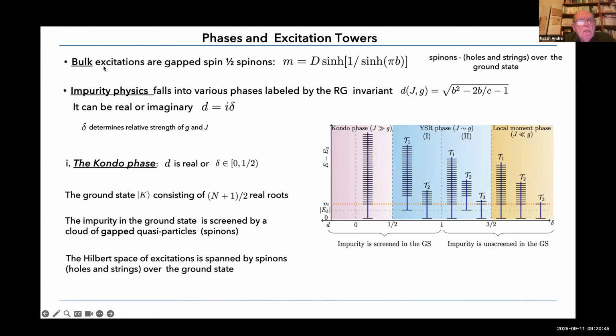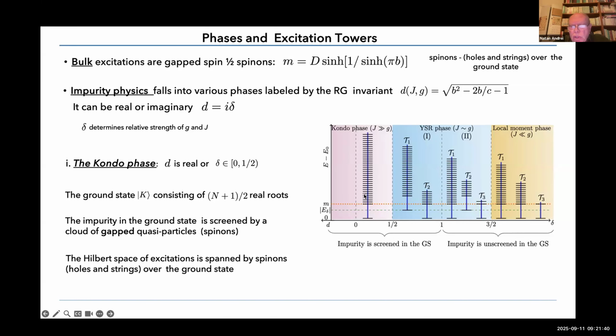So now the spectrum of the excitation is obtained by solving the Bethe-Ansatz equations, obtaining the momenta, calculating the various energies, and the different phases take place that I have discussed. So the bulk excitations of the spinons carry spin half, and mass m, which is d sinh(1 over b) hyperbolic pi b. And again, m is an RG invariant also. When d goes to infinity, b flows to 0 so that m is cutoff independent, and the theory has gapped